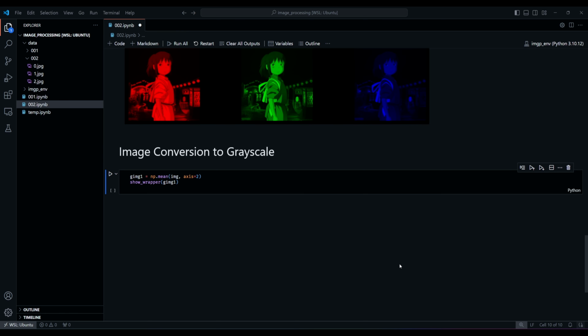First, the straightforward approach is to average the RGB values for each pixel. This method treats each color equally, which doesn't align perfectly with human visual perception but provides a basic approach. Here we calculate the average across the three color channels for each pixel, which simplifies our colored image into a